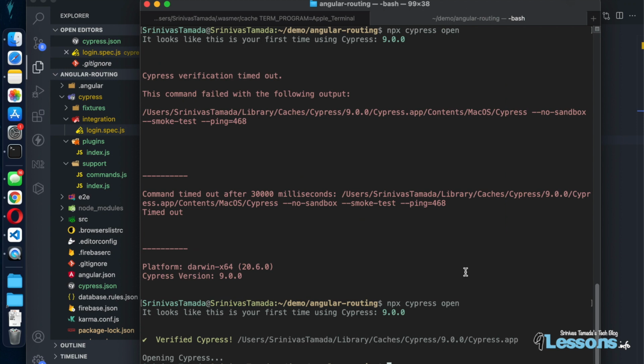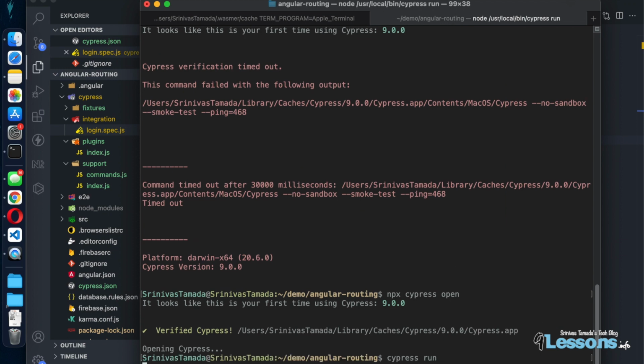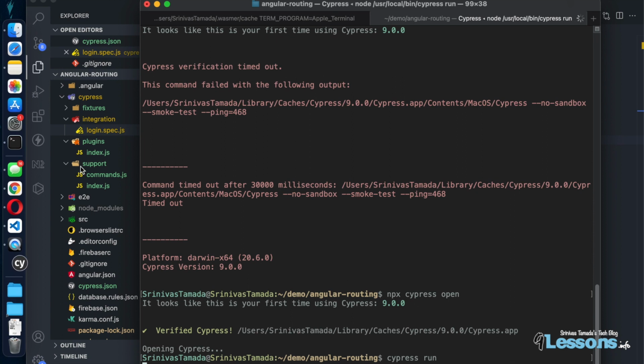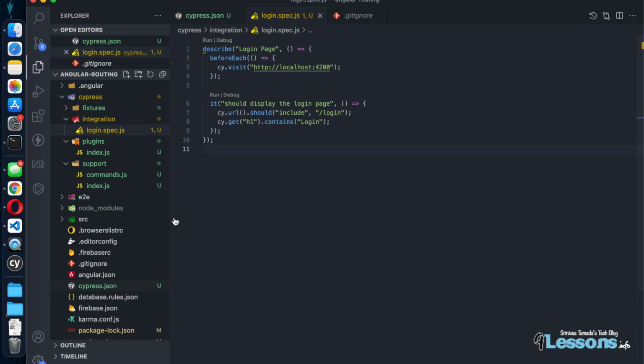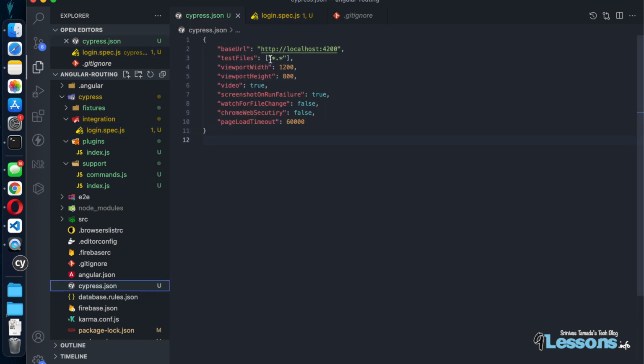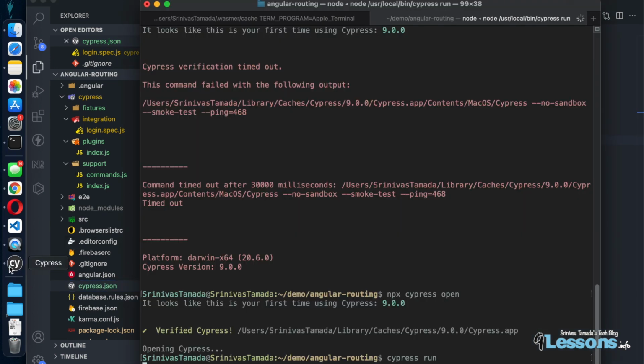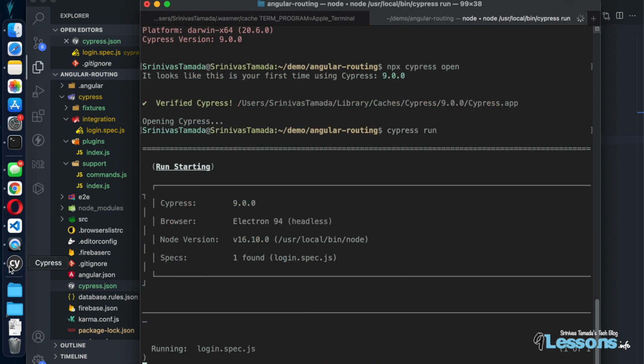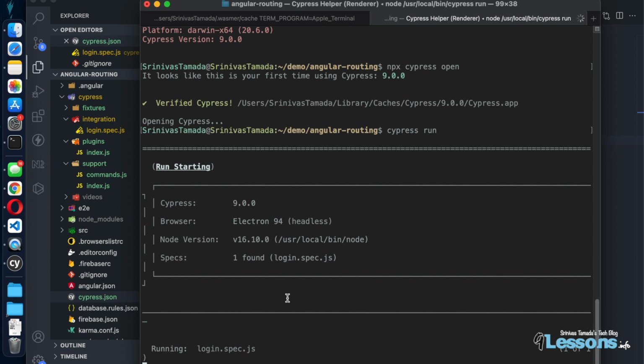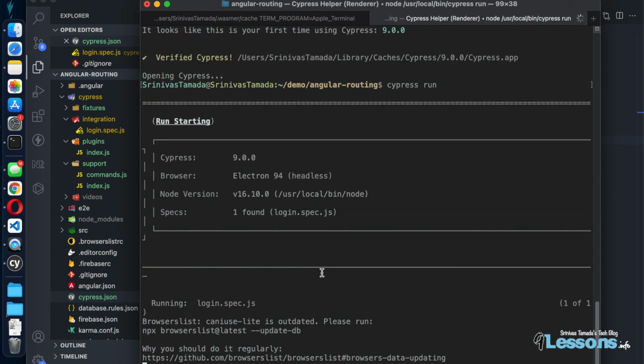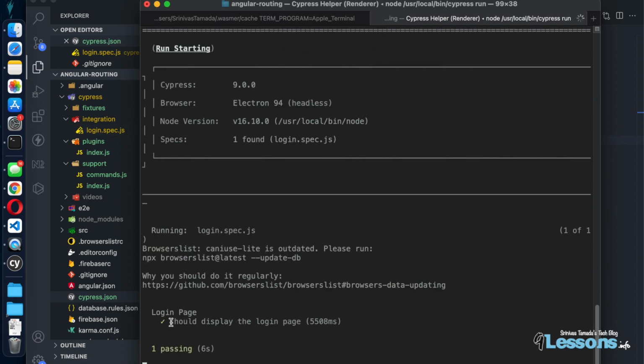Now you can just try to run this Cypress run. That's it. So it directly goes to the integration folder. It goes to the configuration and star everything. If not, you can give like login spec.js as well. And the first time it takes a little time because it has to launch Cypress. And once it started launching, you will see it actually checking this login.spec file,